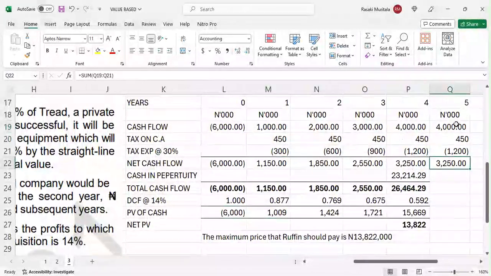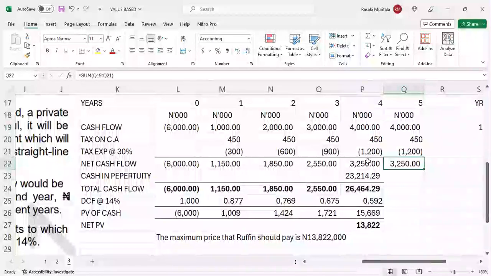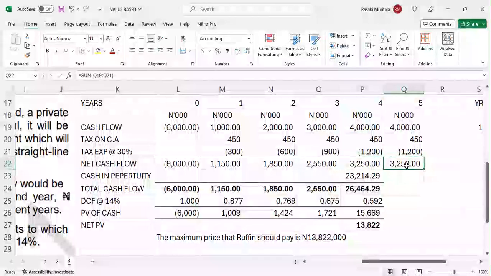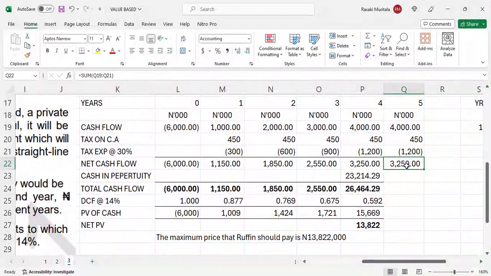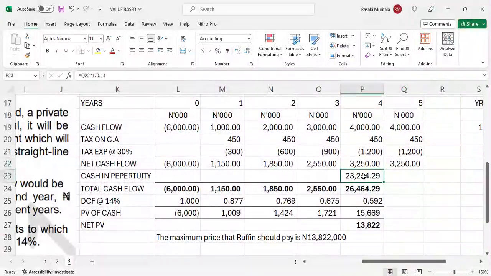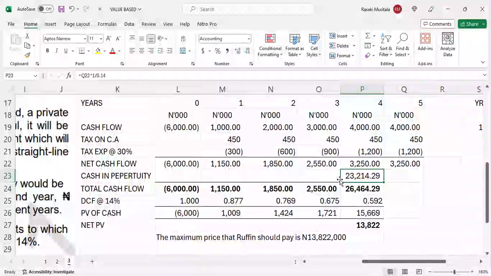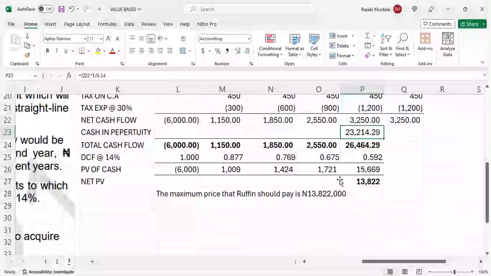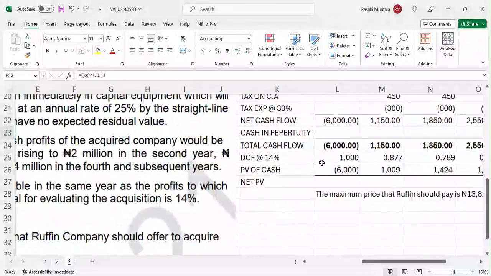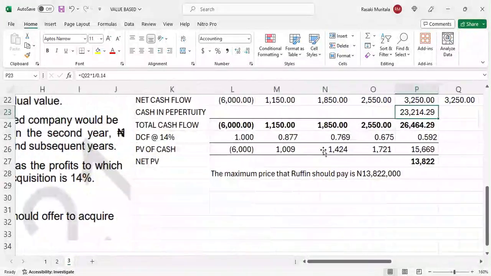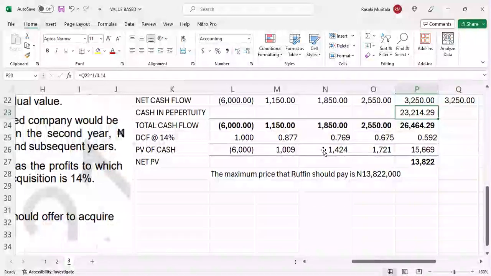And then this one that is into the foreseeable future, that is at the end of year 4, they were able to see that in year 5, they will make the same thing as they made in year 4. And so that year 5 is the one that will be made perpetually. And that will be brought here by just multiplying it with 1 and dividing it by the discount factor. And then we arrive at the value that the company should place. So roofing should value trade at 13.8 million. That should be the maximum price they are willing to pay if they must acquire